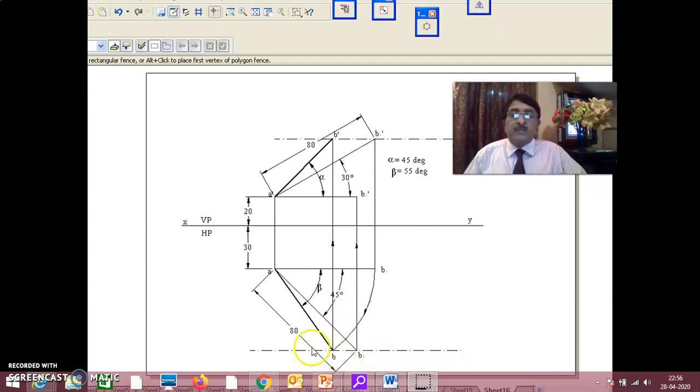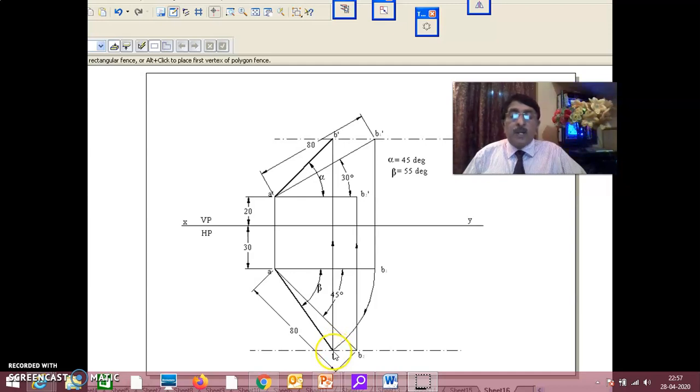Understand it in a simple way. With A as center and AB1 as radius, I go on drawing an arc till it cuts the locus. Immediately draw the top view. You have to stop at the locus because of its significance. As I just told you, as long as the inclination to VP remains the same, whatever may be the inclination with respect to HP, the end B should lie on this locus. Here it is 45 degrees to VP, and you got the locus. In this process of drawing an arc, the line's inclination of 30 degrees to HP is maintained constant.